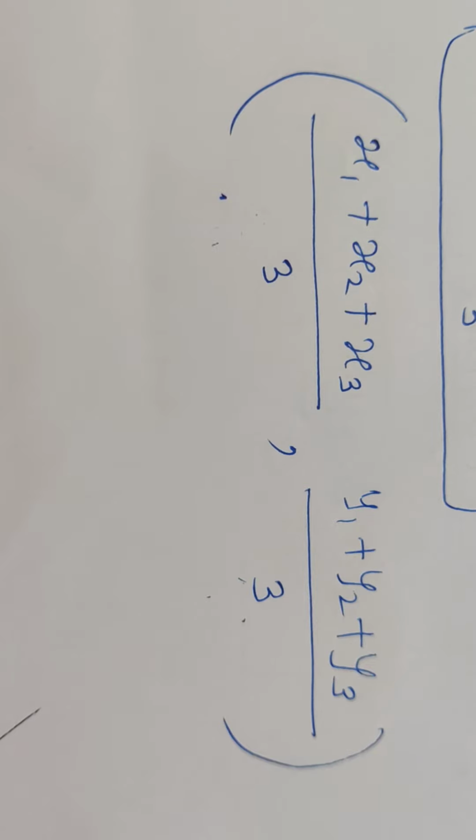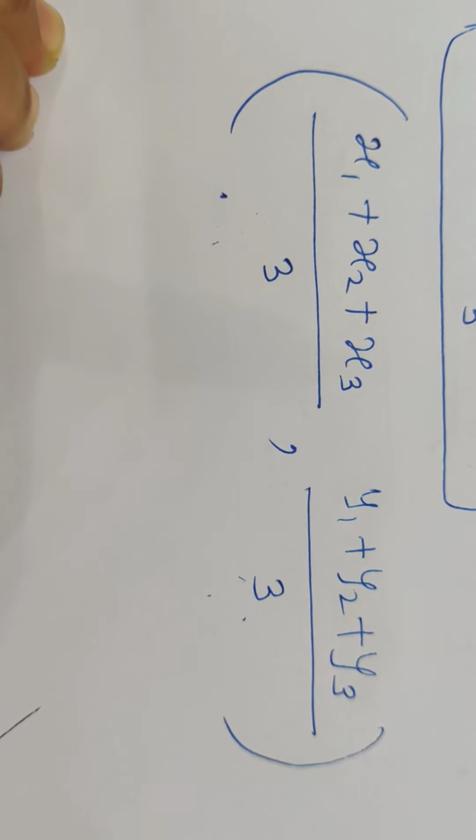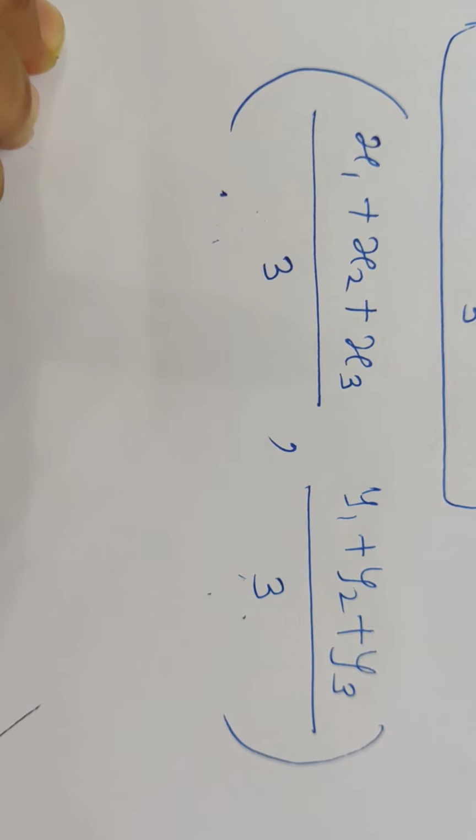So what is the homework? You revise the three formulae which I gave you. First one is the section formula, second one is the midpoint formula, and third one is the centroid formula. Revise them. Try to understand the meaning, which coordinates are given and which we are finding. Keep it in mind. Not only learning it by heart, but you should know the meaning of every point. Then tomorrow we will see exercise 5.2.